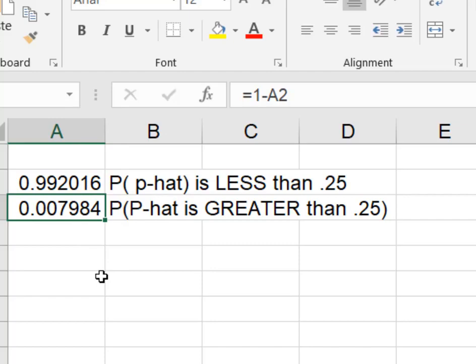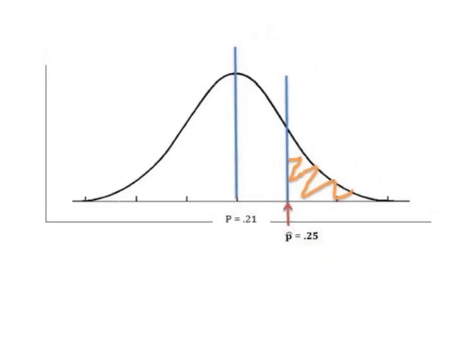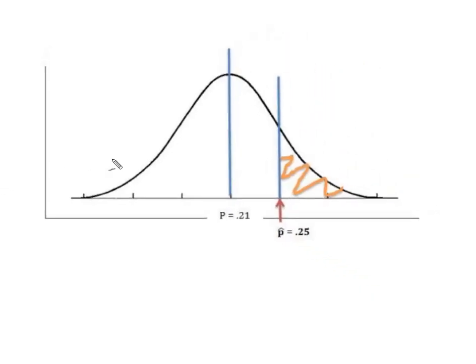And so here's your answer right here. When I subtracted from 1, it gave me this probability here as 0.007984, which I could round off, or I could simply move my decimal place 2 places and say that the probability that my sample proportion is greater than 25% is